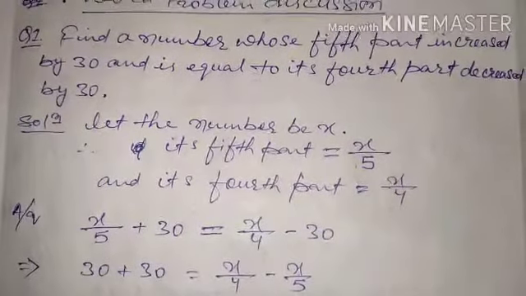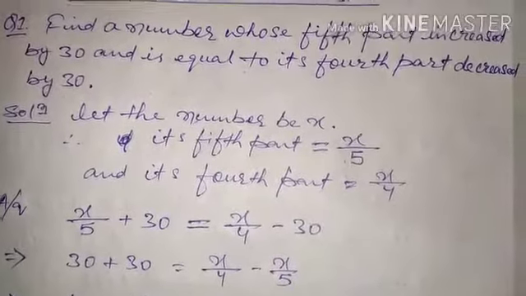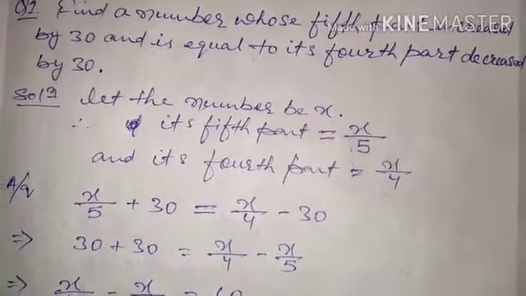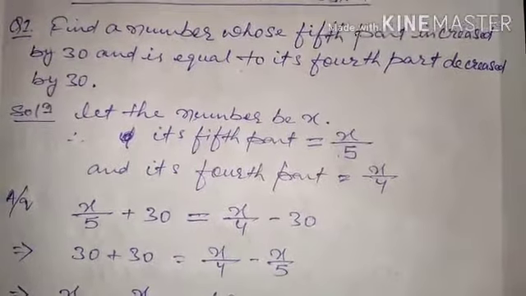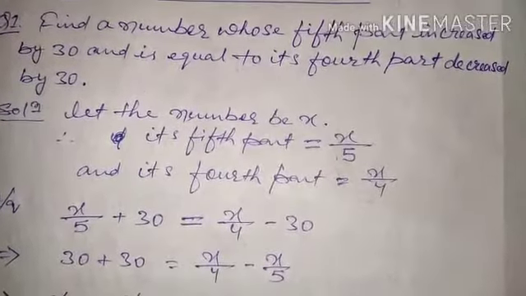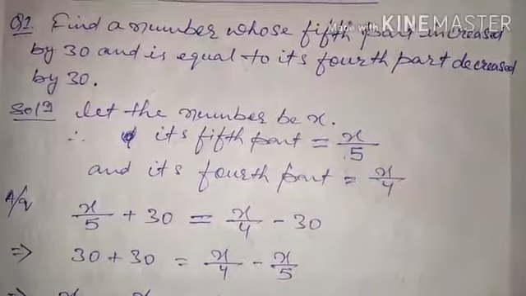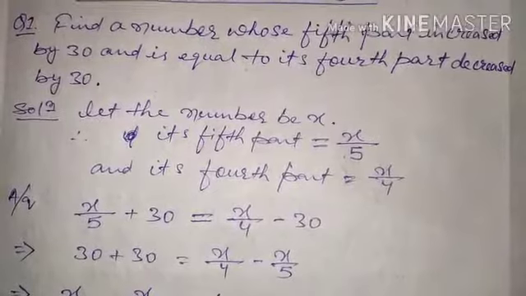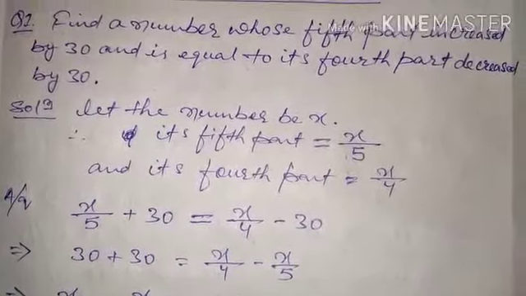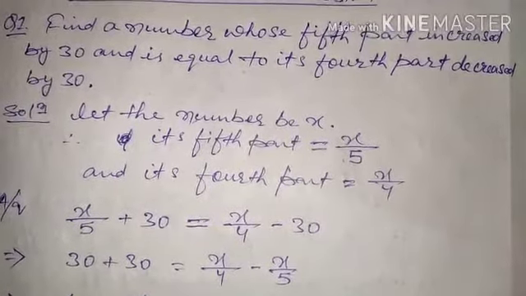Like we are dividing a given thing into 4 parts and taking one at a time, and dividing the given thing into 5 parts and taking one at a time. Which one is greater if both things are of the same size? Obviously the fourth part will be greater. Like if 100 rupees is divided into 4 parts, everybody gets 25. If 100 rupees is divided into 5 parts, all 5 people get 20 rupees. So 25 is greater than 20, so the fourth part is greater than the fifth part.